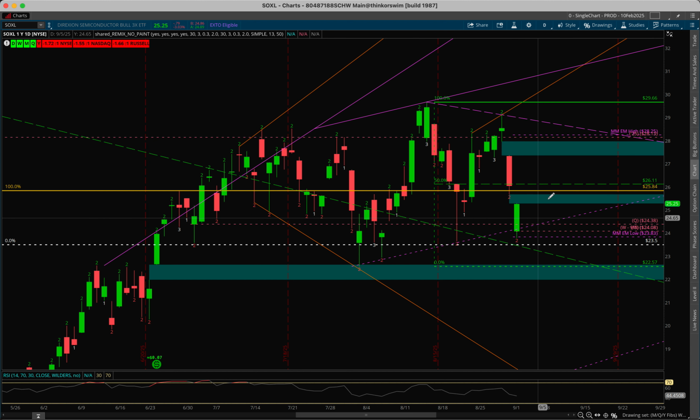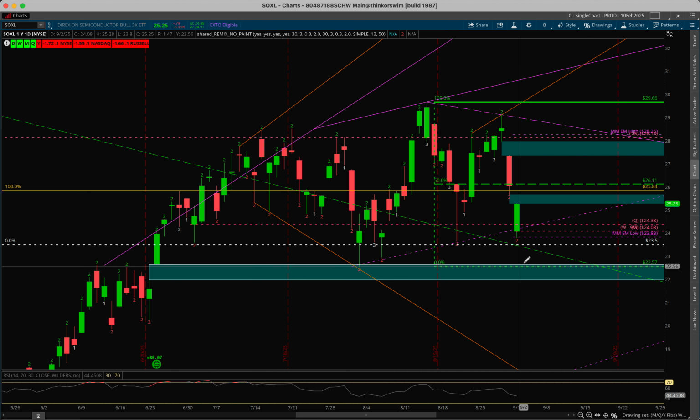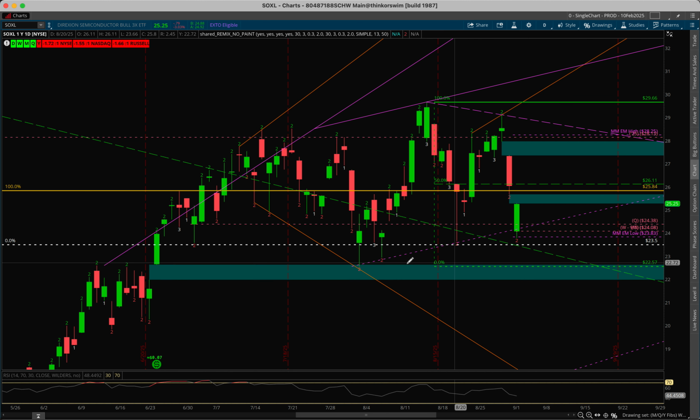So we do have some, I guess you can call them magnets. Gaps like to be filled. So we've got a couple above. We do still have the one below. So we've got to watch this 2350 area that's last year's low. Try and make sure that we stay above it, or at the very least the 2257 level, which is the